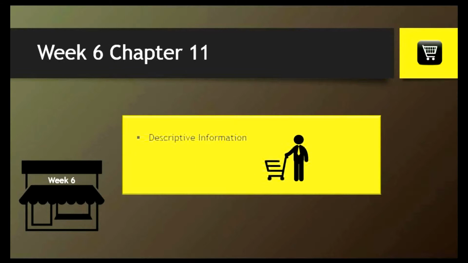There's also descriptive information that we can gather. A lot of times when you fill out the initial form for a loyalty program, it will ask for some basic information, and sometimes it says, you don't have to fill out that information, but it is helpful. And a lot of times people will go ahead and fill it out to get that coupon or to get those bonus points. And that's going to be the demographics that are given in that initial application to the customer loyalty card. Psychographics again, and geographics, and those can be done with some basic questions, or can be determined through the information that's gathered.